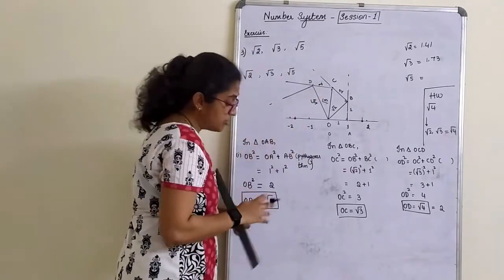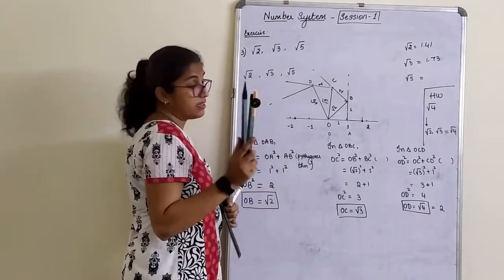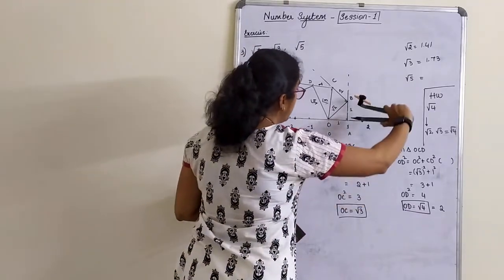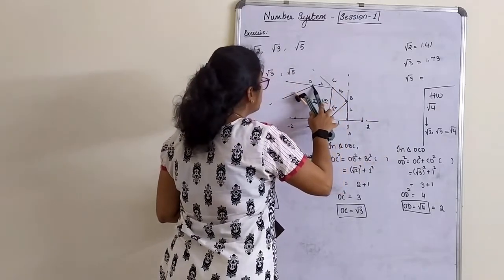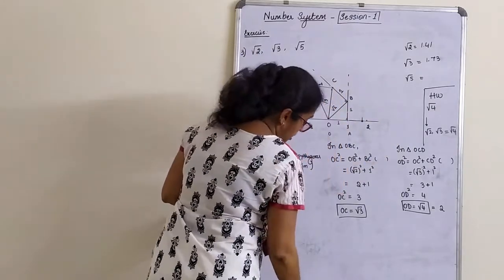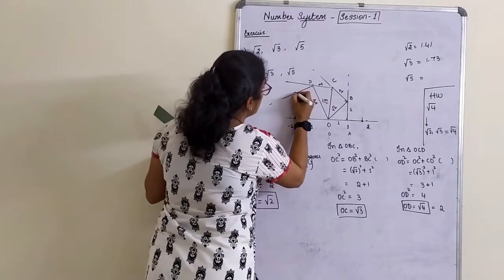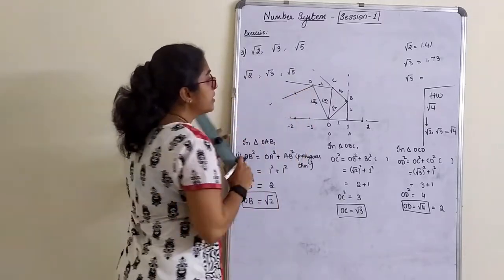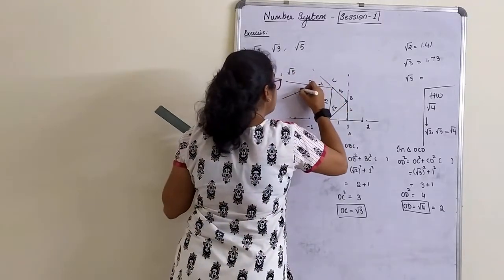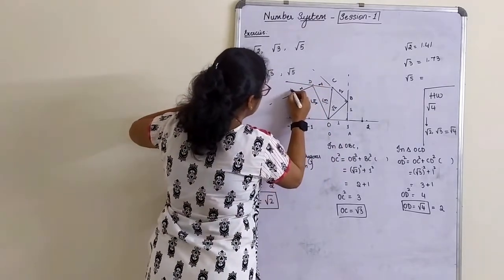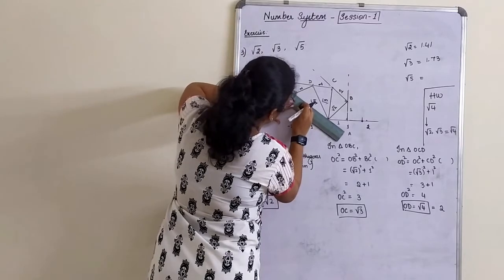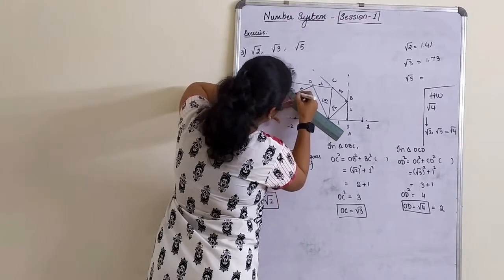Since you have drawn a straight line, now take a compass, cut that for how much? 1 unit. Okay, this is my 1 unit. Since I have cut this for 1 unit, I will write here 1. Join E. This point is E. So I will join this as OE.